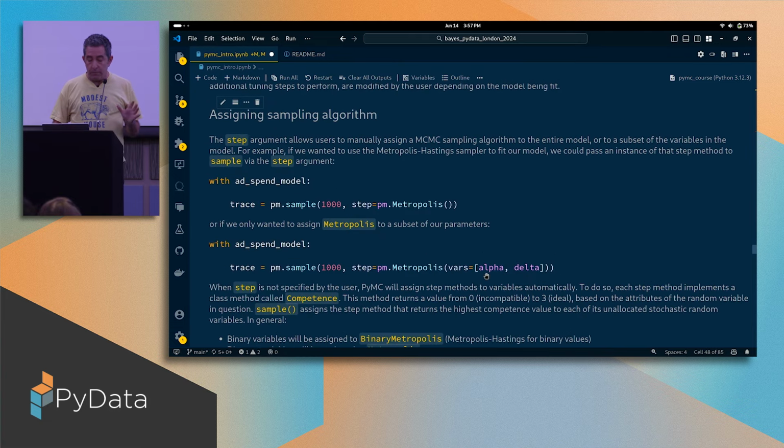MCMC isn't one sampling algorithm, it's a whole class, right? There isn't a bird called a bird, it's a class of birds. We have robins and sparrows, but there's no bird called a bird. Similarly here, there's no single MCMC. It's a class of algorithms, and there's three or four different ones that are available in PyMC, and PyMC will auto-select the one for you